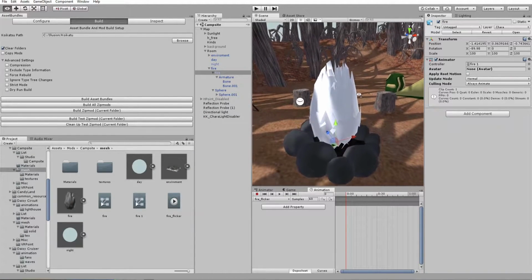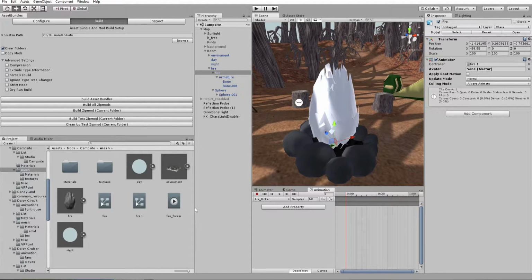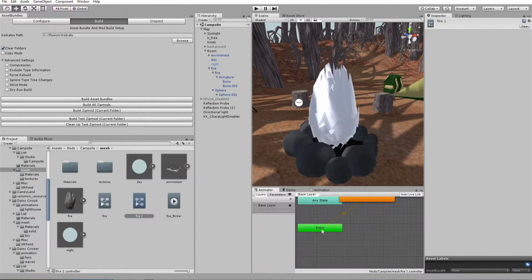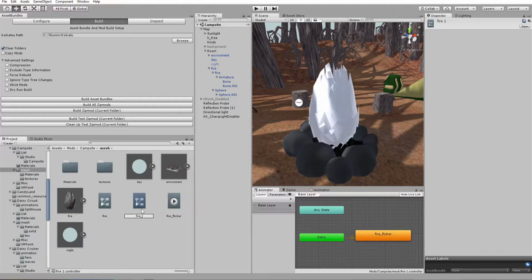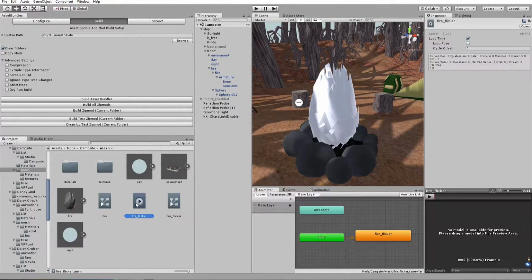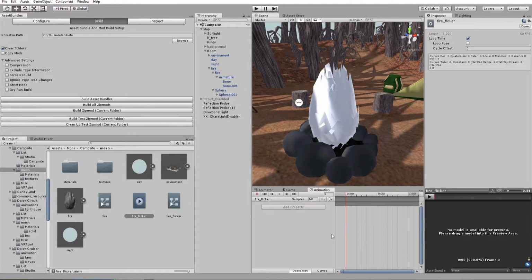Alright, so there you go. You now have the clip, and you have this controller, which was generated automatically. So let me just type fire flicker. There you go. Okay. So, now we have our fire flicker here, and we can just make sure we have